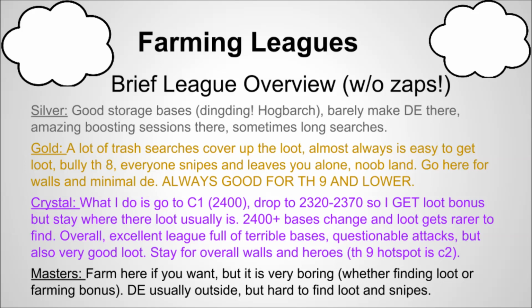And for Gold, a lot of trash searches come up, so they cover up the loot, like rush bases or no-loot bases that usually just lie around in Gold. So you could go there if you want, but just be aware of that. But if you were to find an inactive or a high-loot base, usually it is pretty easy to attack or steal, and you'll get the majority of the loot anyway, because they're probably going to be outside waiting for you to steal it. And I highly recommend this for Town Hall 9, like I always say. That's where I did my